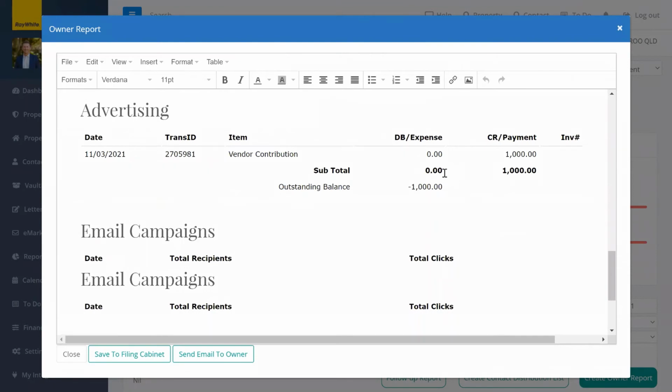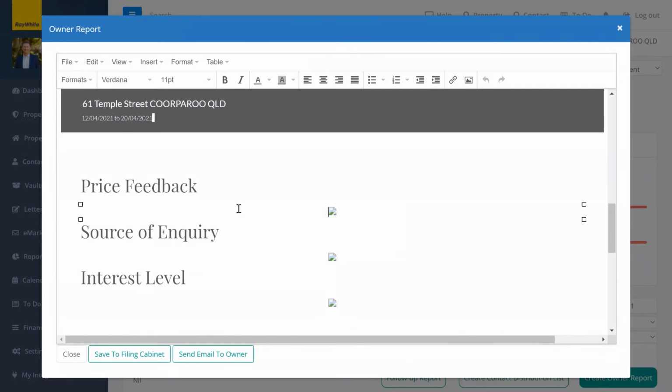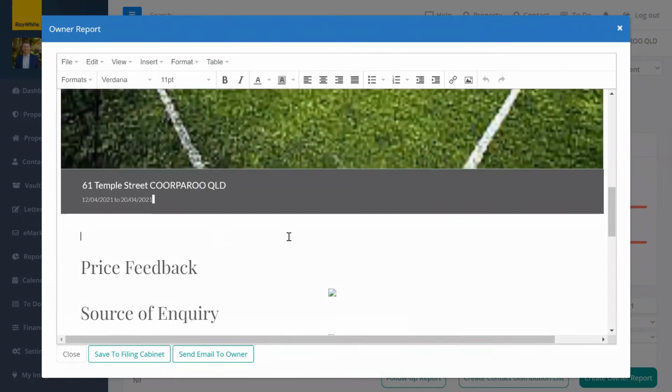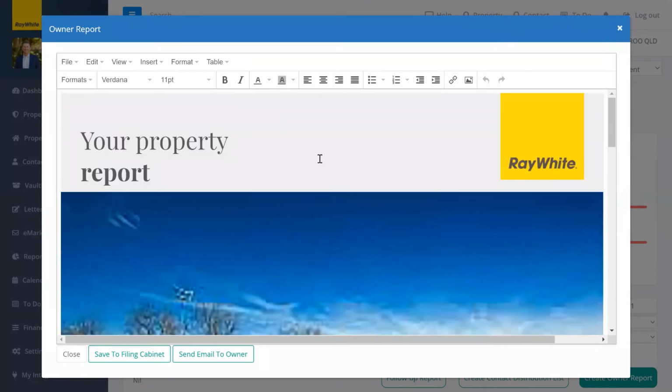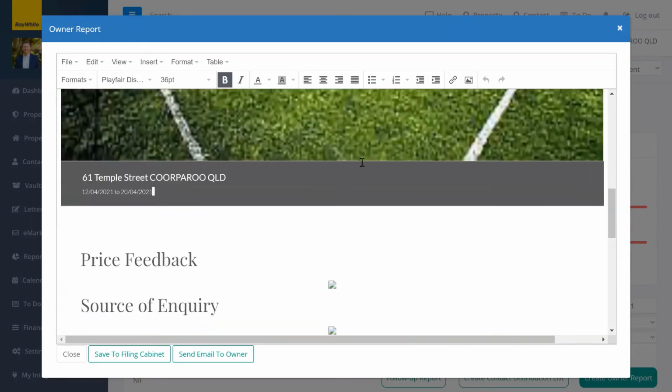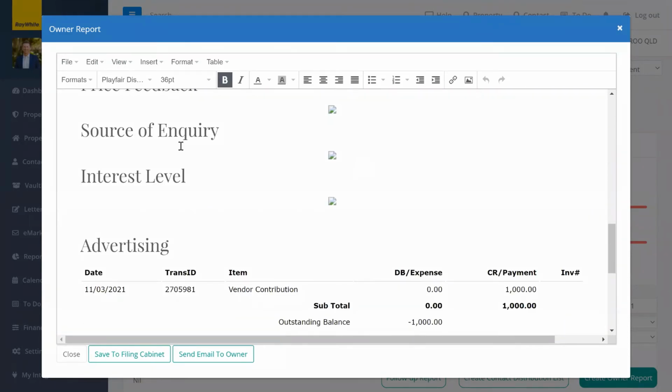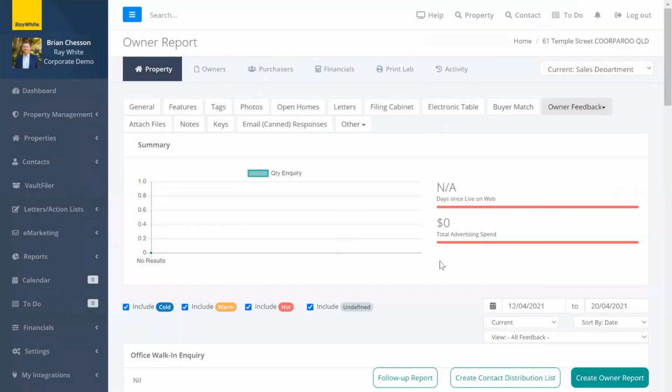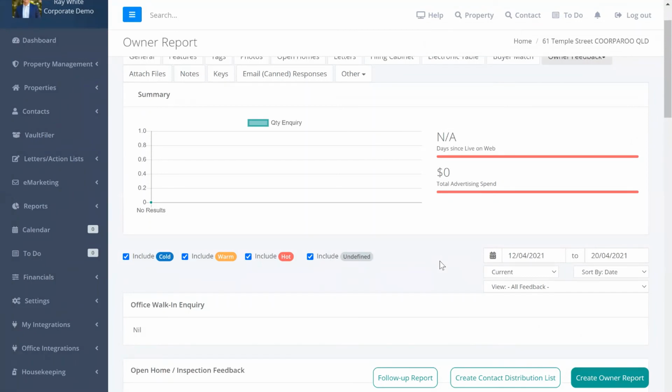So essentially what we can do here is we can just click wherever we like. If we're wanting to remove a piece of data, essentially we can do that in here. So yours will look slightly different to ours. Essentially yours will have a far greater amount of data in there. Given our database doesn't actually feed to any portals, that is a clear indication as to why we don't have any website inquiries and that type of thing. As soon as you are happy with this, you can obviously save a copy to the filing cabinet, and ultimately you can send the email to the owner. So essentially that is the vendor report